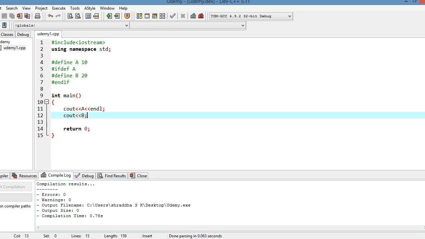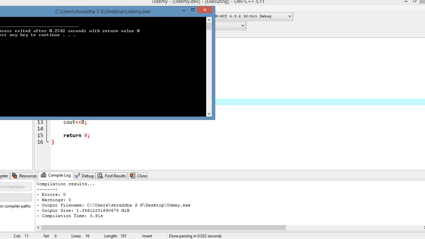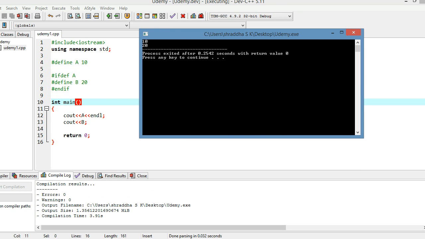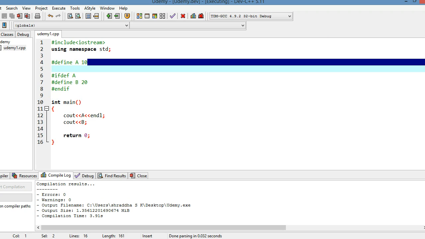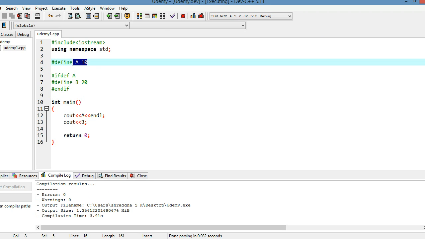If I run it, I'm going to get 10 and 20, because here A is defined. We have #ifdef A, then define B. If A is not defined, then it won't work.